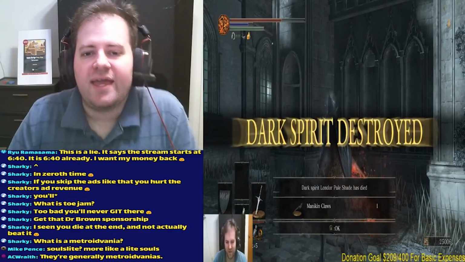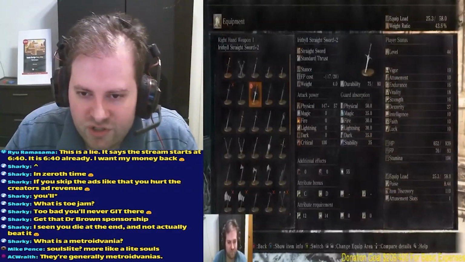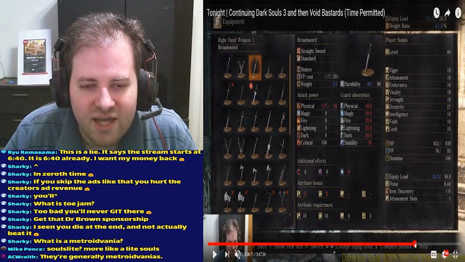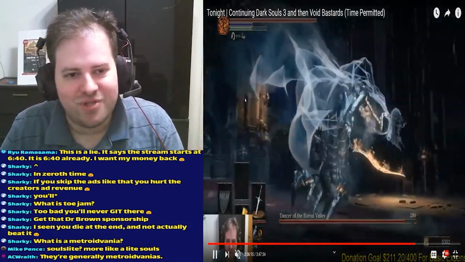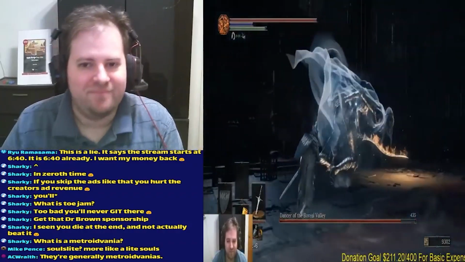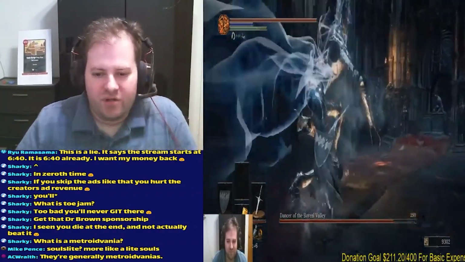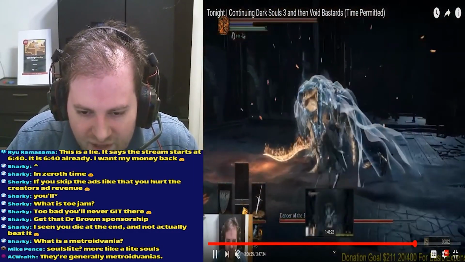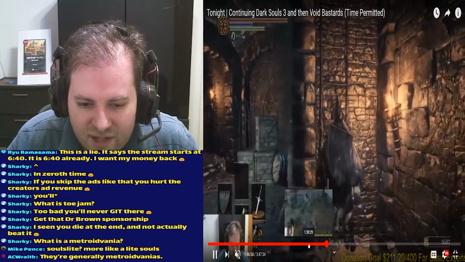If you can look at my health, magic, and stamina bar over there, if I were to fast forward really fast, like near the end of this footage, you're going to see a massive leap, as you can see right there, in terms of how much health that I had. And I'm actually going to rewind back, and hopefully I get that footage back of me fighting. Is that it?